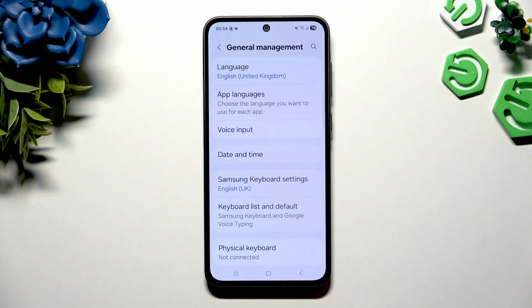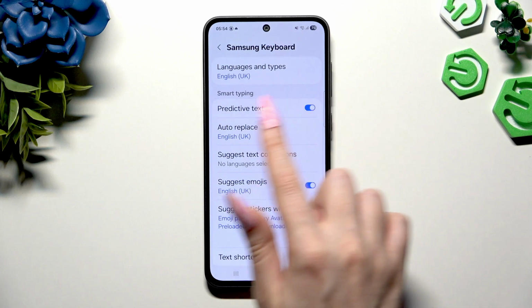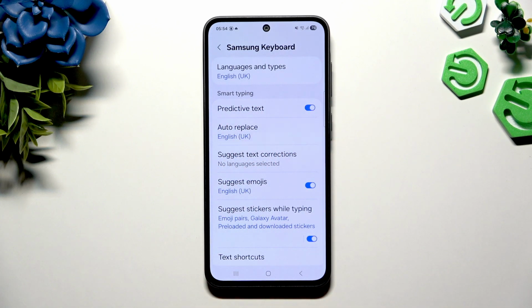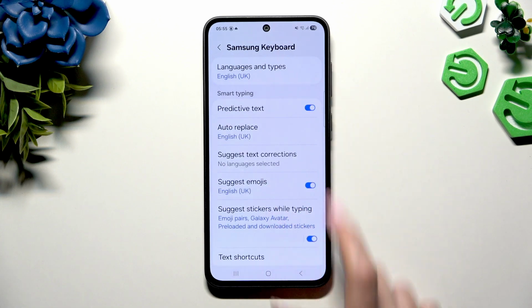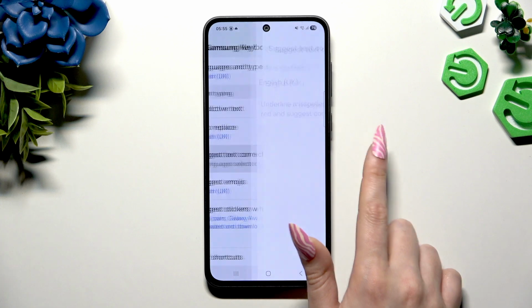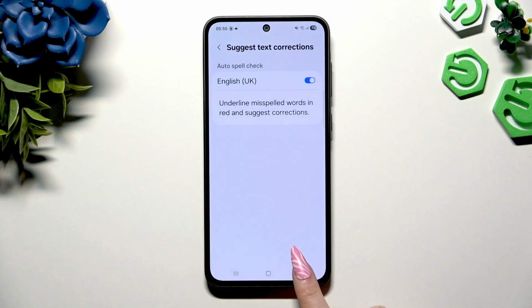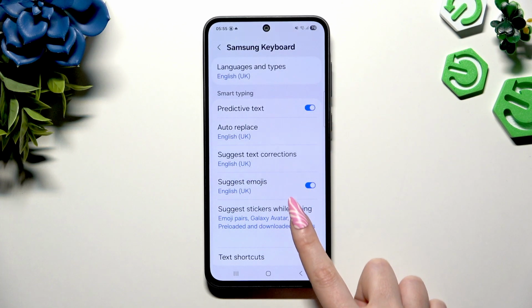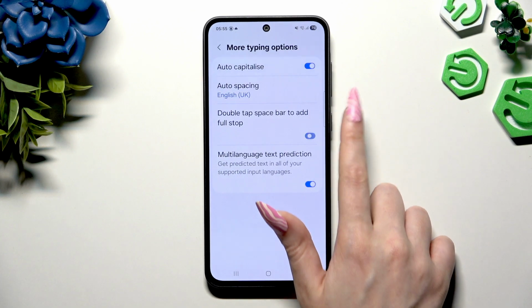Then select Samsung Keyboard Settings and manage all of those options under Smart Typing by clicking on the switches next to the chosen ones, or tapping on one of them and clicking on a switcher within. When you finished with all of those, scroll down and tap on More Typing Options to manage all of those